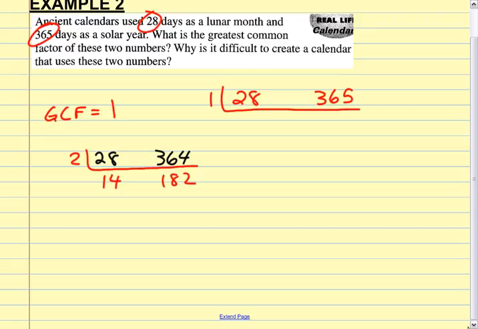182. Okay? What goes into both of those? 2. 2 goes into 14 how many times? 7. Into 182 how many times? What do you think back there, Jenna? 91. Is there anything that goes into both of these? What goes into 7? 1 and 7. Okay? And you know what? I'm going to have to pick up